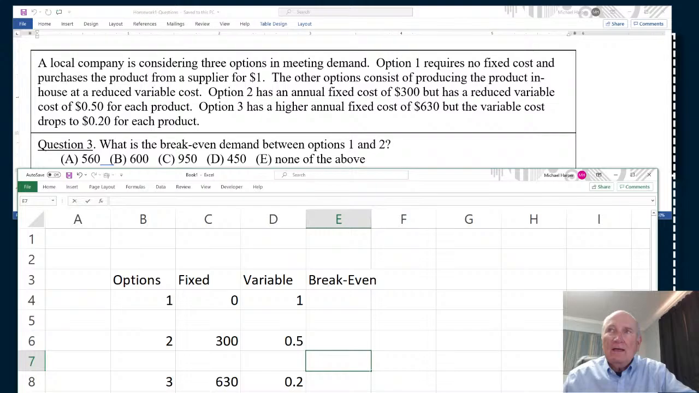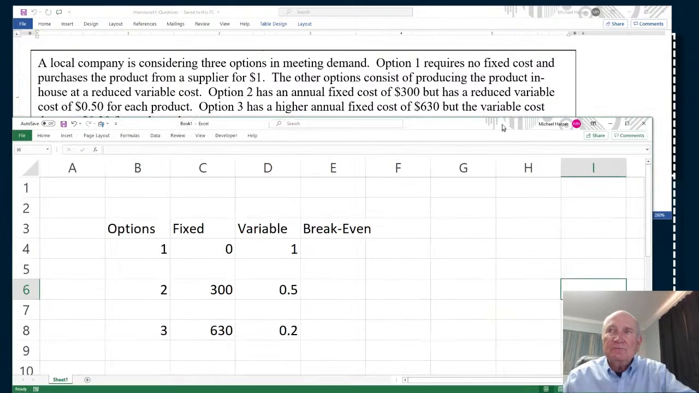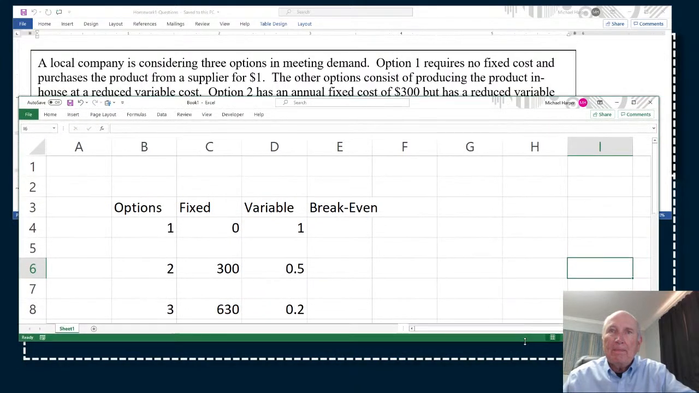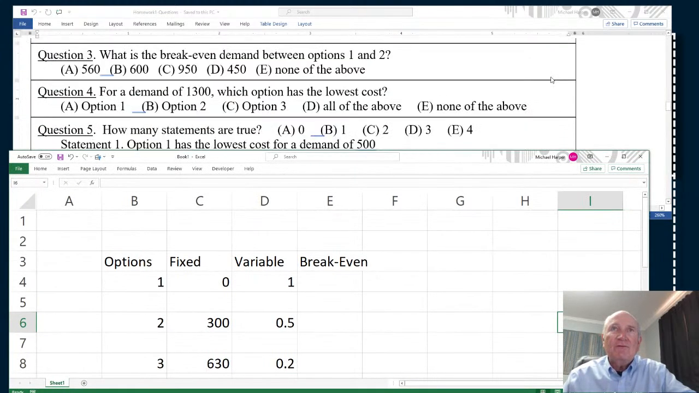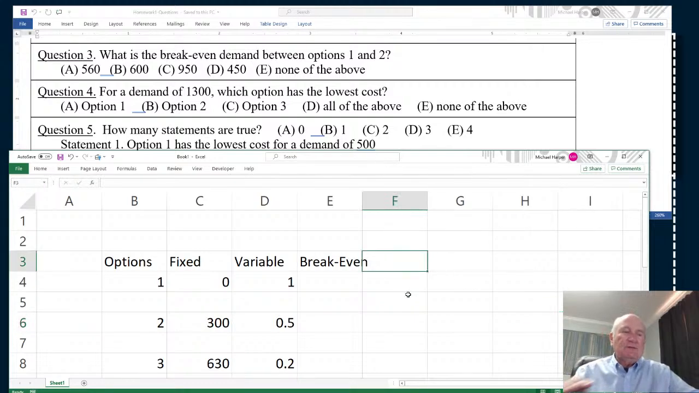Okay, next, let's bring this down a little bit more. There we go. Okay, the next question, for a demand of 1,300, which option has the lowest cost? Okay, so now I'm going to have, say, cost here, but this is going to be for a demand, let me say cost, for a demand of 1,300. I'm not going to say 1,300. I'm going to say,